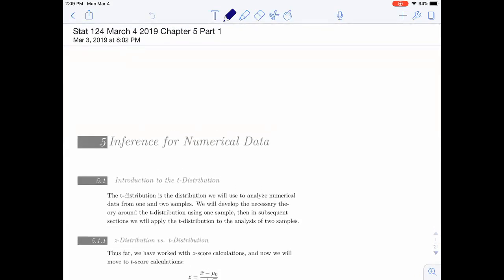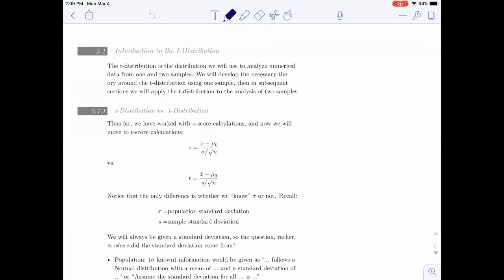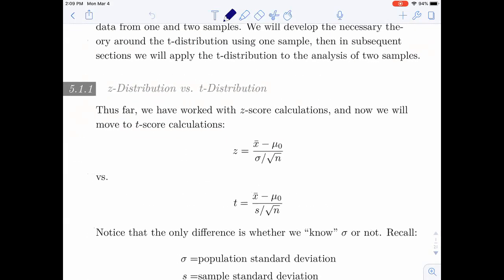Now, the difference between chapter 4 and chapter 5 is in chapter 4, we said, okay, we're going to pretend to know sigma, but I already gave you a preview that's not really going to be the case in real life. Remember, sigma is